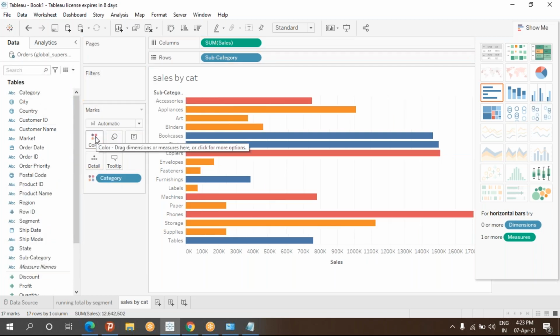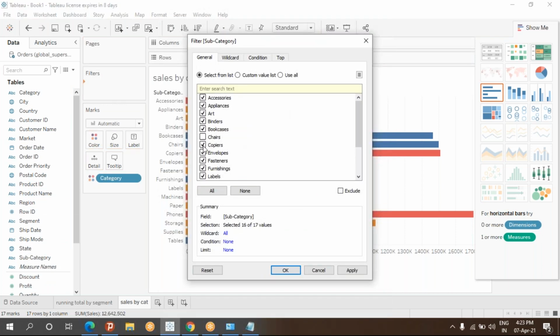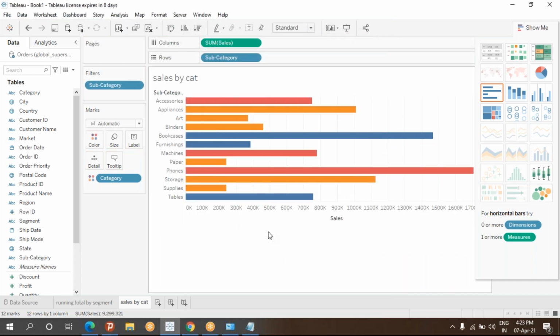Like this, it will be better. If there are more, you can filter also. If you want to filter, we will take fewer, because more are there in the dashboard view. If it is less, it is better. Yeah, this much is fine for me.